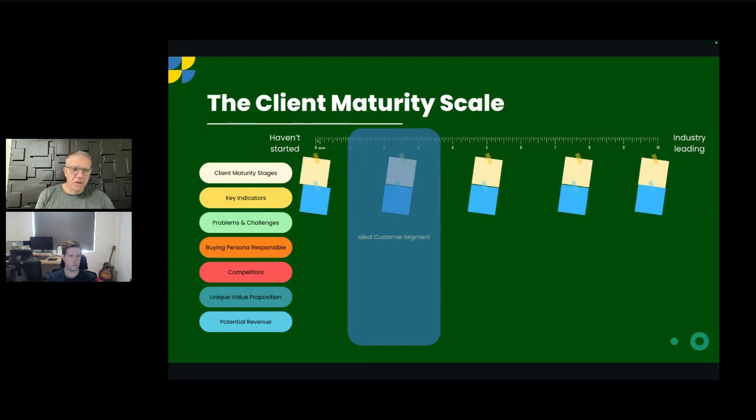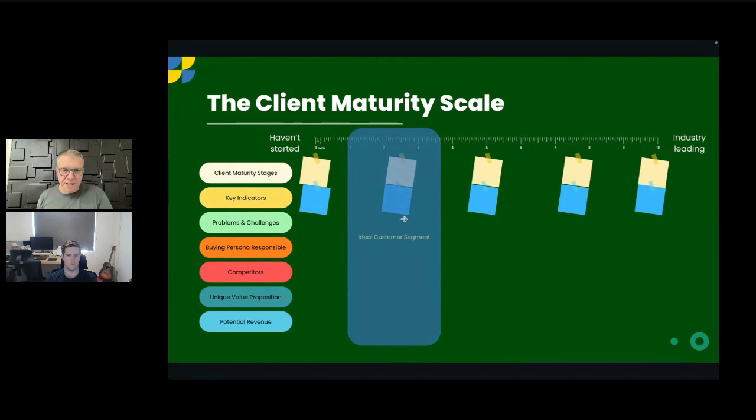What unique value can you offer a customer or a client who is a 1 or a 2 or a 6 or a 7? So we want to actually start getting all that together. And then obviously you can put your potential revenue in each one of those stages. And then you can start highlighting your ideal customer segment, where you go, oh, right, I think we have a competitive advantage in the scale of 2 to 3, right? Or maybe I have a unique ideal customer segment here. And then maybe again, when they're at 6 and 7,